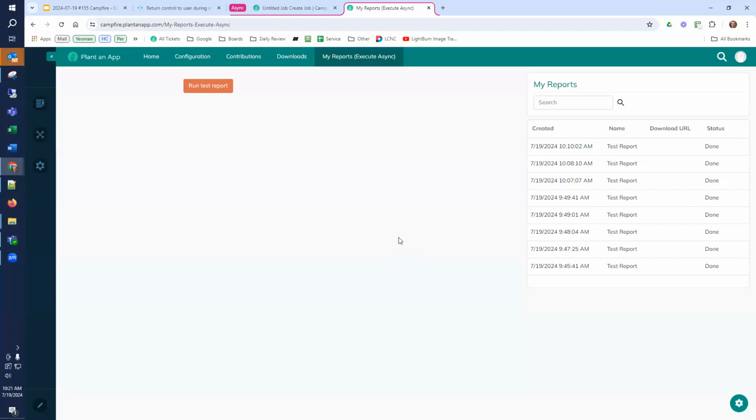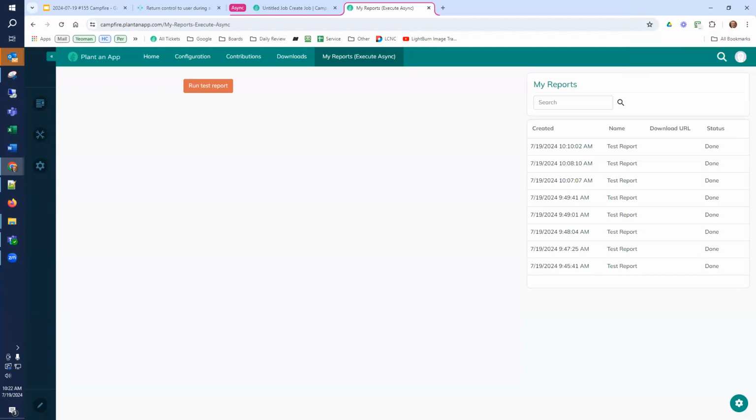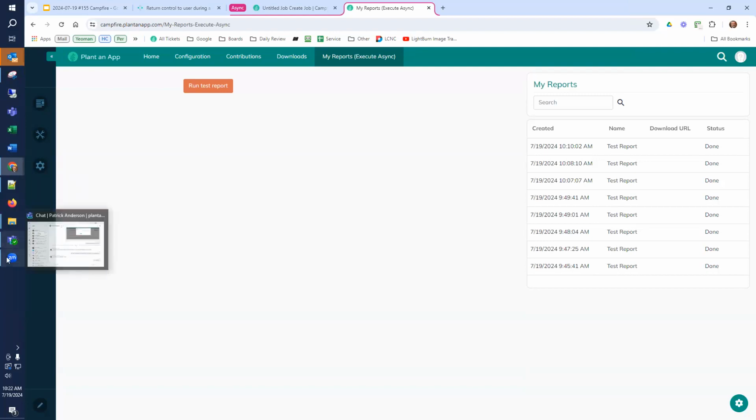So it's a problem. Ben has jumped in and said execute async can have system implications. And I absolutely agree. If 20 people can kick off 10 reports and you're throwing off many threads, you could overload your server depending on your resources. If you do it as a queue that gets processed by automation, you can thread it one at a time or a few at a time, whatever, and then not overload.